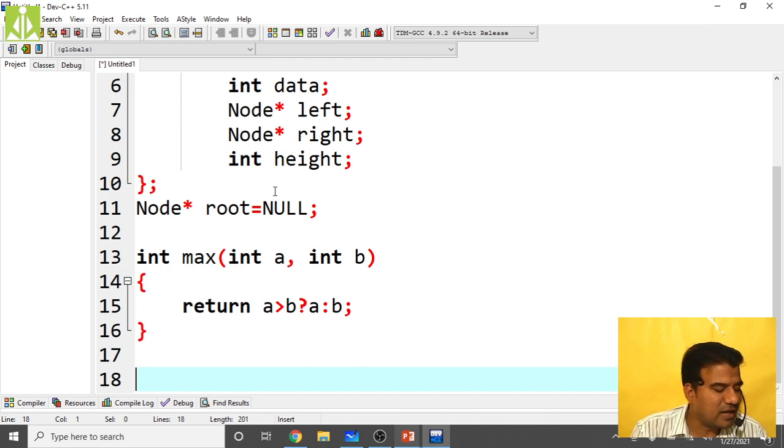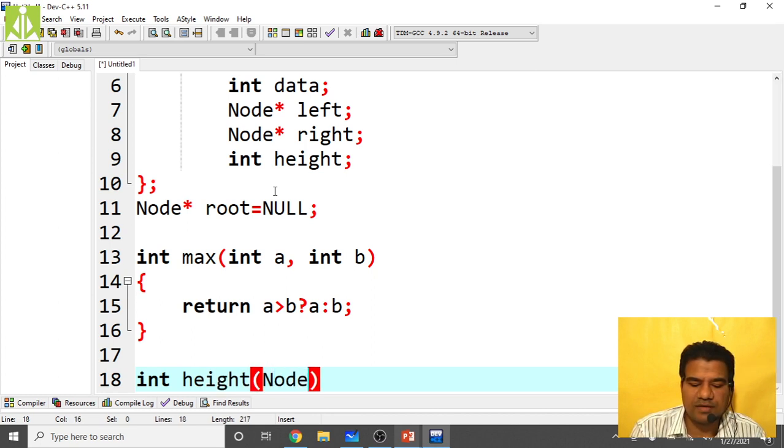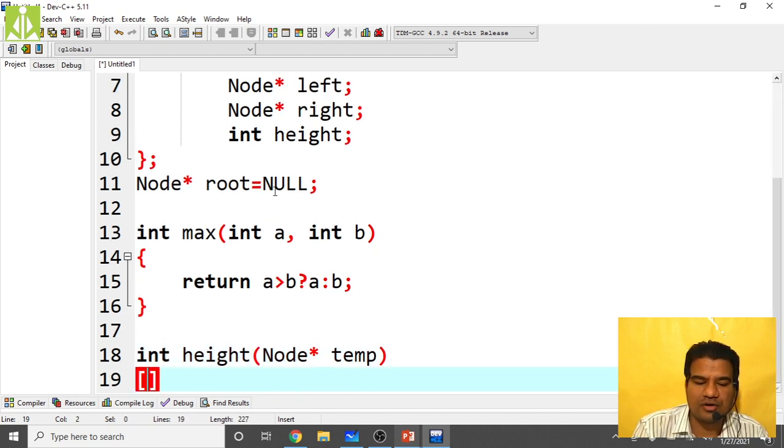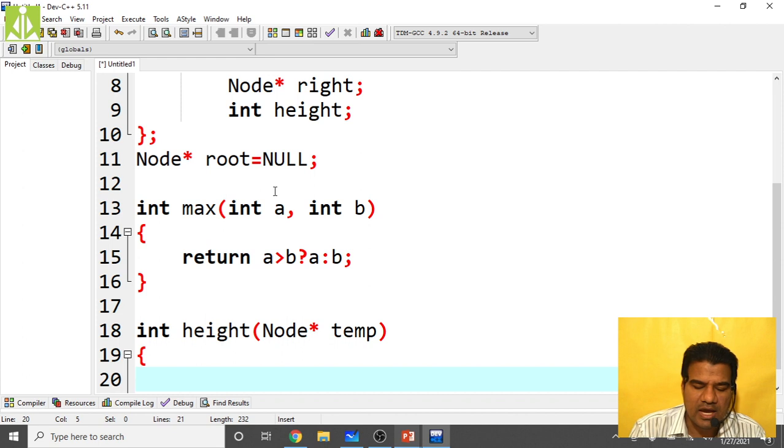Then again we need a function just to know the height of a particular node, because when we are constructing the AVL tree, for every node we are calculating the height, the balance factor. So int height of, we receive the node into temp, and we calculate the height of that node.